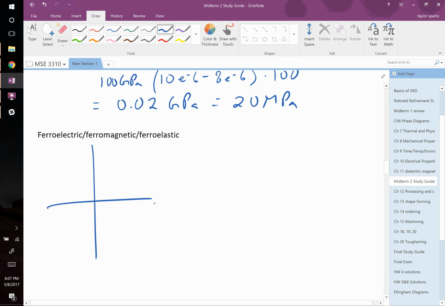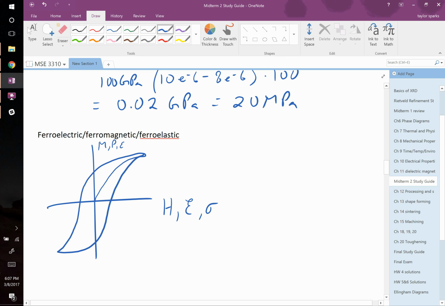You're going to use some sort of field to change things. So this is either H, or your electric field, or your stress, right? Actually, they call this H for magnetic field. That's your magnetic field. You're going to achieve a magnetization, a polarization, or some strain, right? And then your curves can look different. It can be like this,